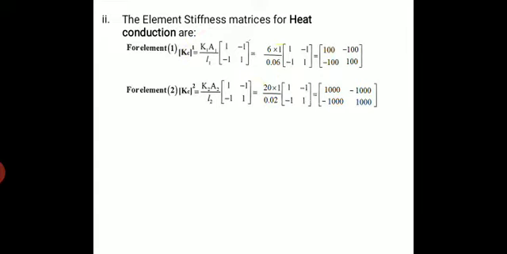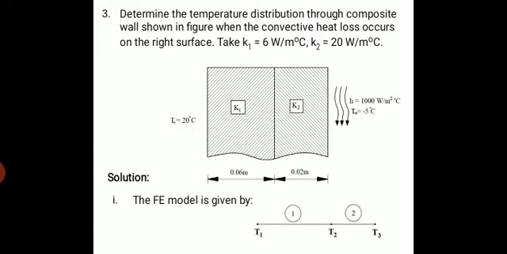Area, once again I am repeating here, in the given data area is not specified. Be careful, if area is not specified you can assume it as unity. So it is an assumption, and it is understood that A = 1 meter square. So here I took area as 1.